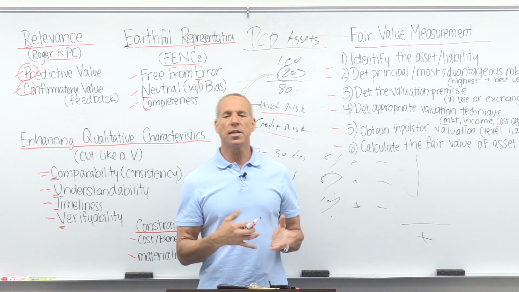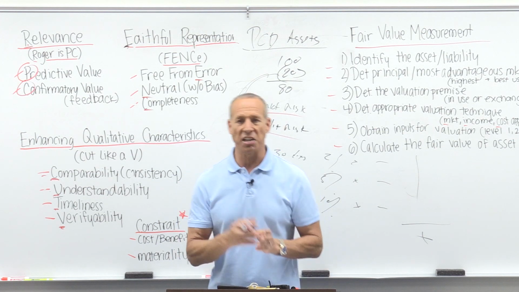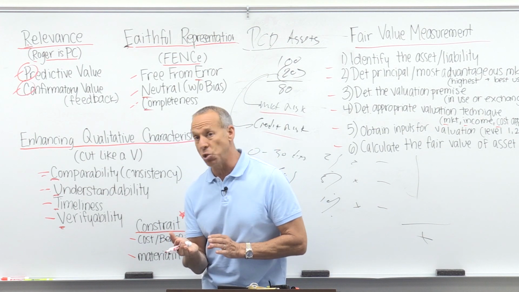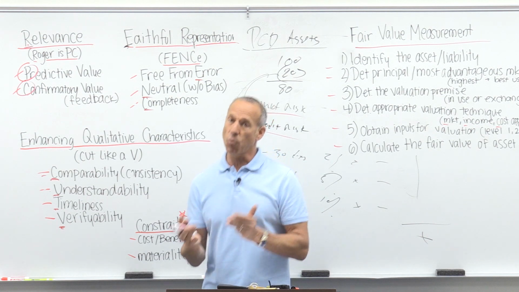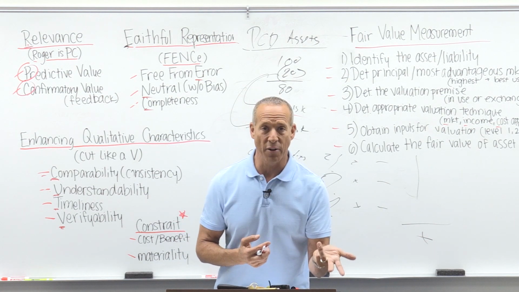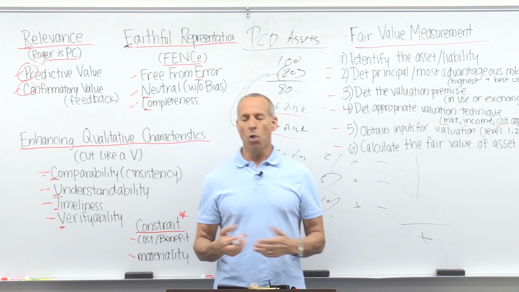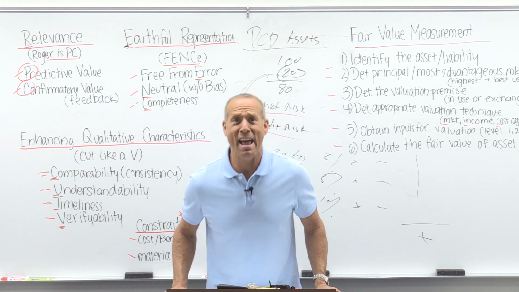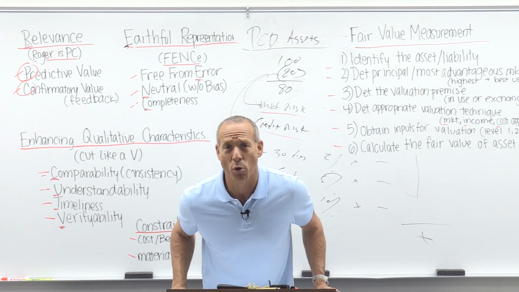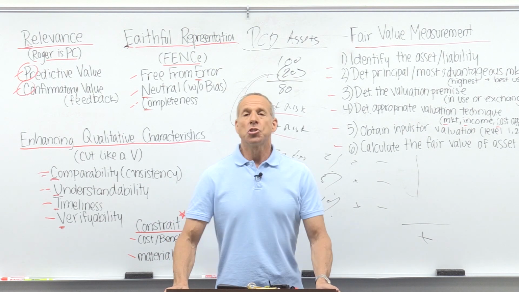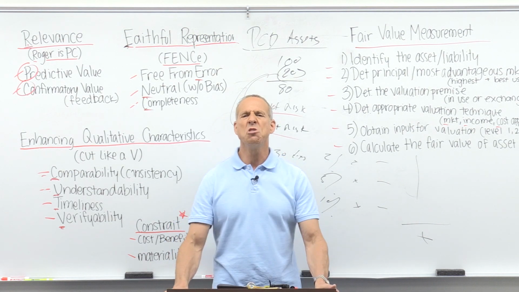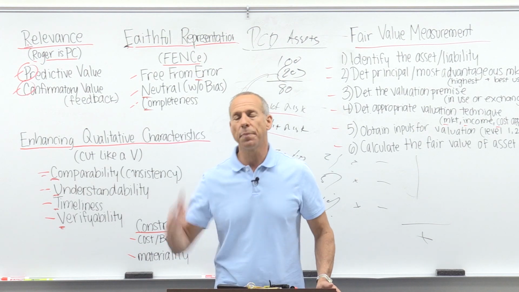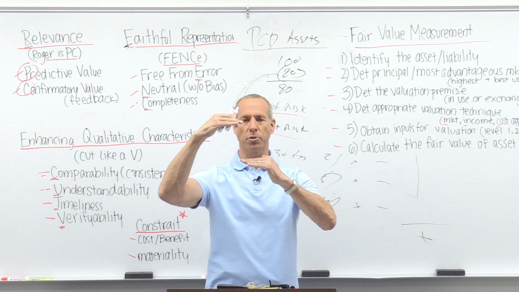So what happens is, and we'll learn this in bonds, where you've got a stated rate of 8%, but you want to earn 10%. If I want to earn more, you better discount it. So let's say in today's market, I could earn 6% on this bond. Would I like to earn 6%? Yeah, because my money in the bank's earning a quarter of 1/10 of 1%. So I go, sure, I want 6%. You go, no, I'm going to charge you a premium because I want to take the 6% down to 4%.